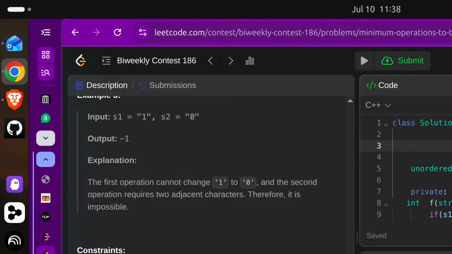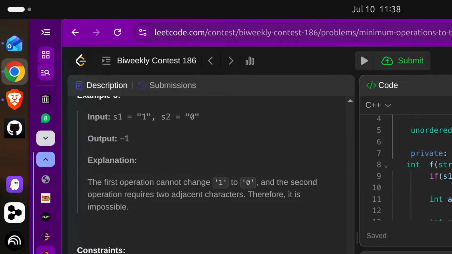Okay, so int const max is equal to 49. So instead of int max